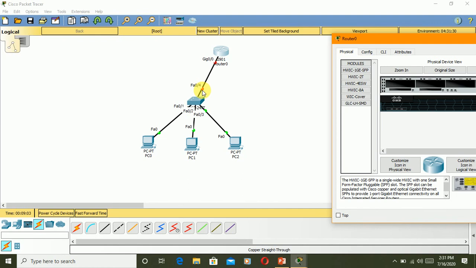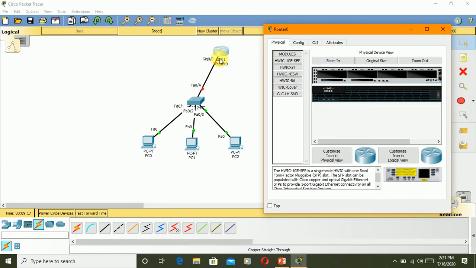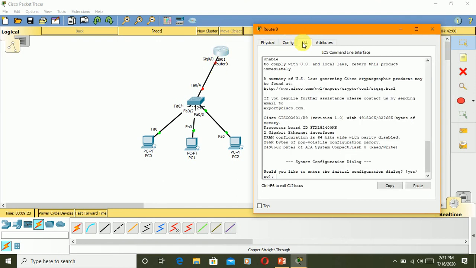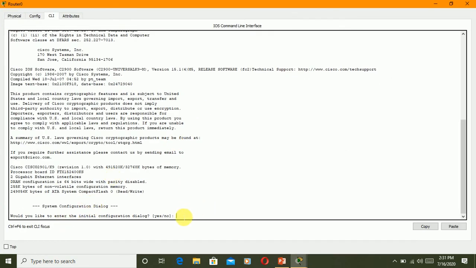If you know, this is red, this is red, this is green. It means these ports are working, they are exchanging packets, and these are shut down. So I need to turn off this interface. For this I need to click into the router CLI, and then I need to